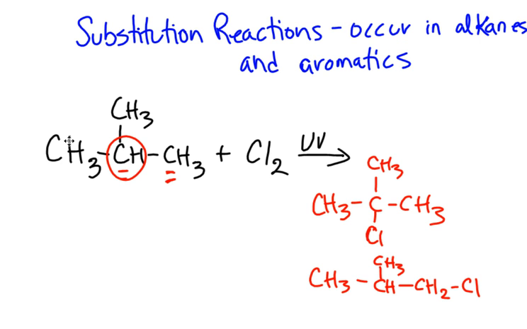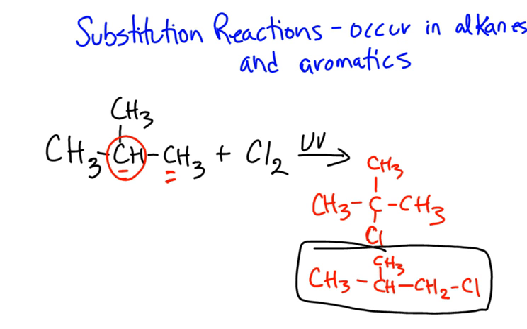Now, this molecule, if I continued to do the reaction, will keep substituting chlorines for hydrogens. We won't ask you to do more than one substitution in a reaction, but you should understand that we can do this progressively to add more halogens to our alkane. So hopefully that helps you understand how substitution reactions can create haloalkanes,